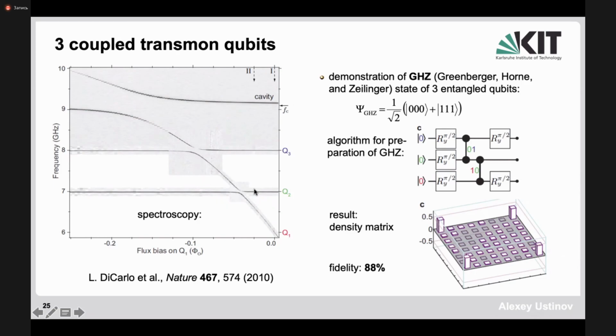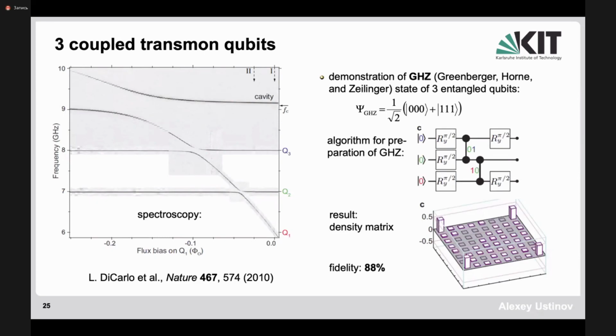And you see that nevertheless, there was an avoided level crossing of qubit 1 crossing with qubit 2, and an avoided level crossing of qubit 1 crossing with qubit 3. So qubit 4 was not operated here. So what was done in this particular experiment, they formed a 3-qubit analog of the Bell state, which is the